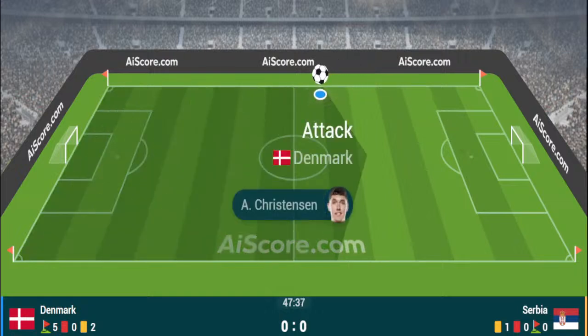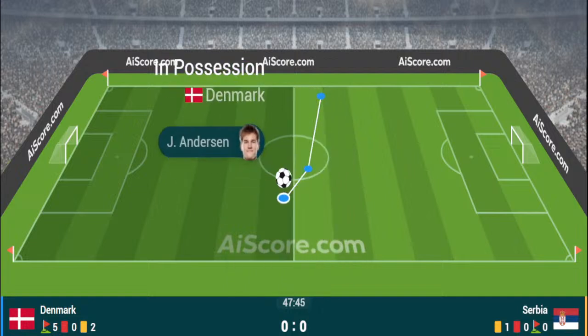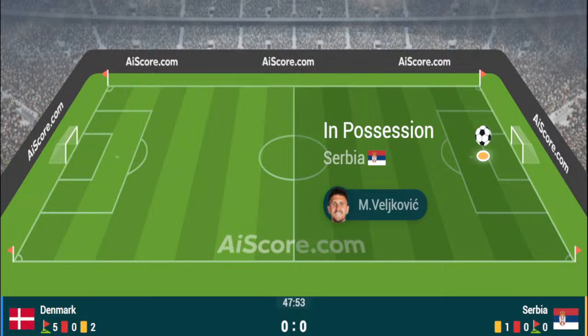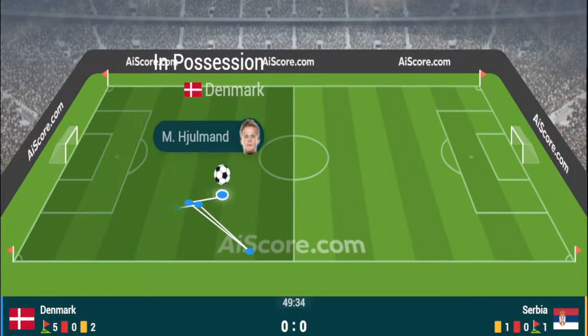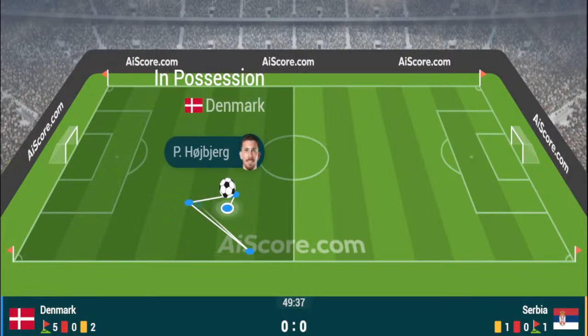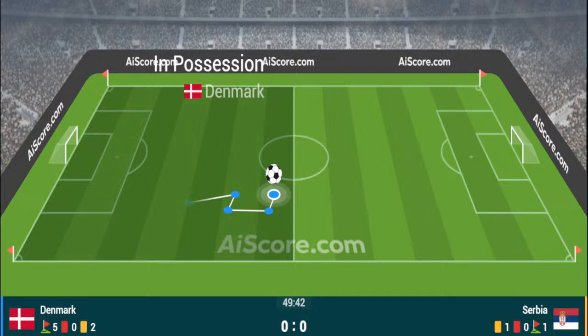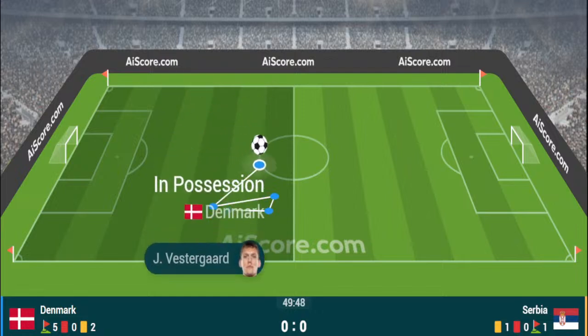It is Serbia who are in possession. The ball is launched to the right hand side, but it's just slightly overcooked, and it's going to be a throw-in for Denmark right on halfway. Just reiterating the standings as they are: England have 5 points, Denmark have 3, Slovenia on 3. And Živković, Pavlović now with the ball in, and Bah got a touch on it behind for a corner kick for Serbia. It's better from Serbia at the start of the second half. So Serbia do have a corner kick and something to work with in the game.